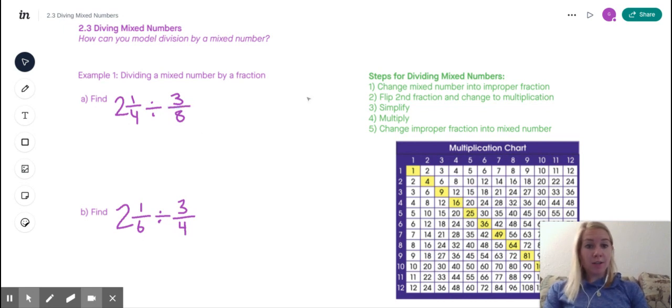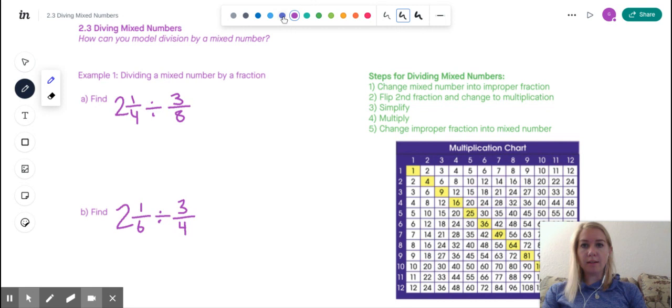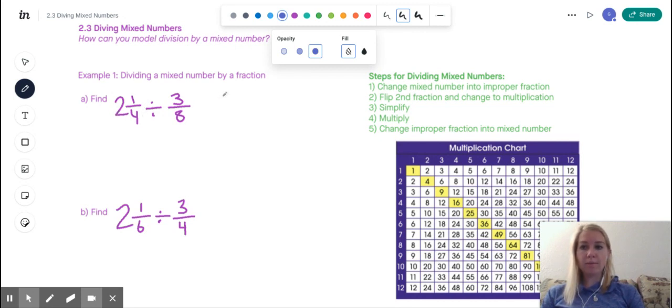Okay, so this is very similar to the last chapter, it's just we added another step. Step 1 says to change the mixed number into an improper fraction. Now, we've done this before, but of course I'll talk through it again. So, our mixed number is this 2 1/4. It's a mixed number because we have a whole number, 2, and the fraction, 1/4. So, to change that into an improper fraction,